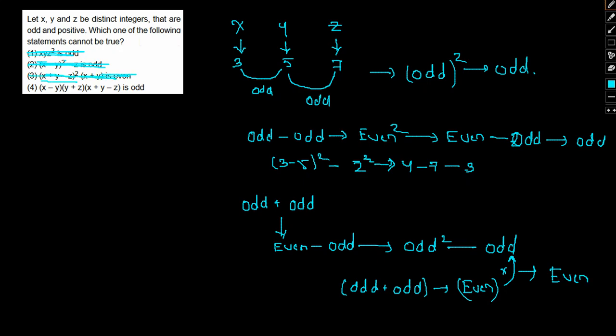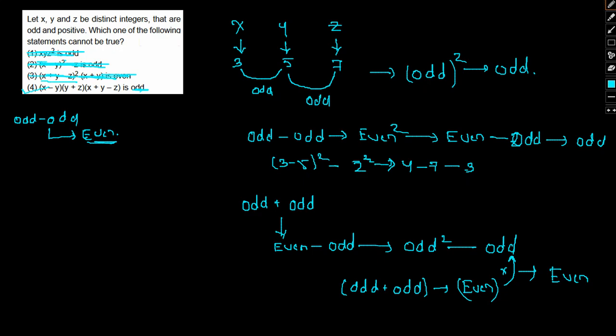So that leaves this to be the right answer by process of elimination, because the other three will always be correct. Now if we talk about this one, the initial condition is odd minus odd, which will give us even. And even multiplied by anything would never yield odd. So this can never be true because we have one even in this case. So option 4 will be our answer.